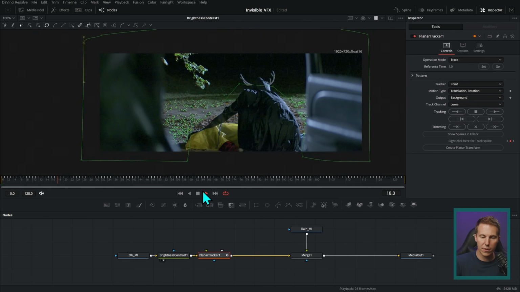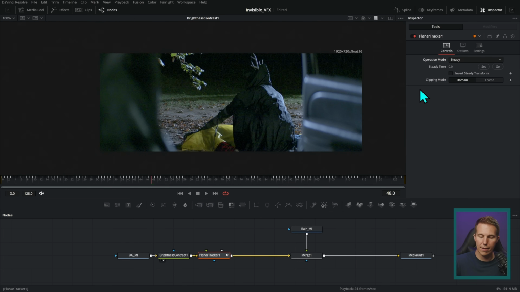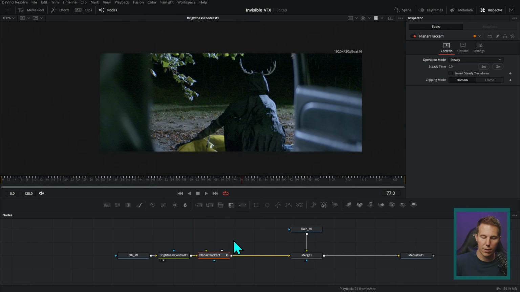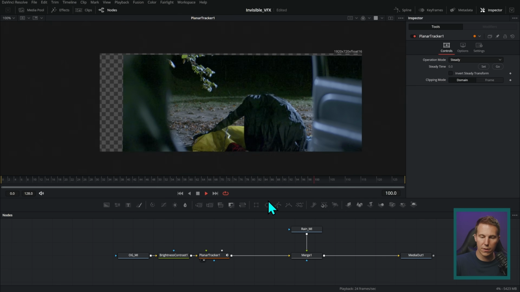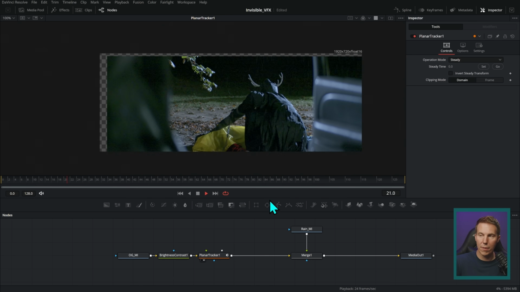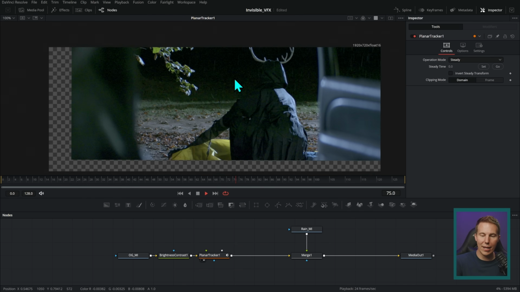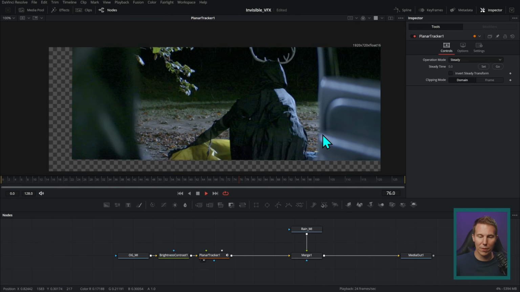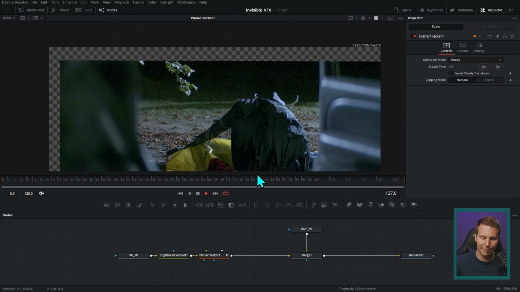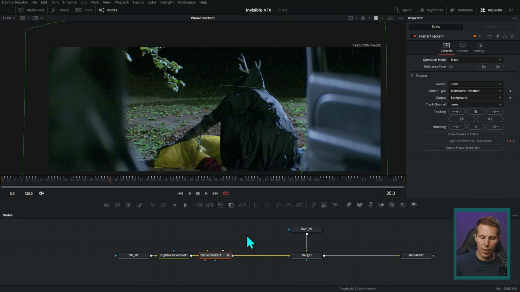So now we have this track. Again, we can test this out by saying steady. Oops, we need to actually look at our planar tracker here. Let's just see how steady this looks. Looks pretty good to me. Looks pretty good. And you can actually see it is raining a little bit here. It's just not enough to actually show up on camera, which is sad. That's sad. So instead of doing the steady for our planar tracker,